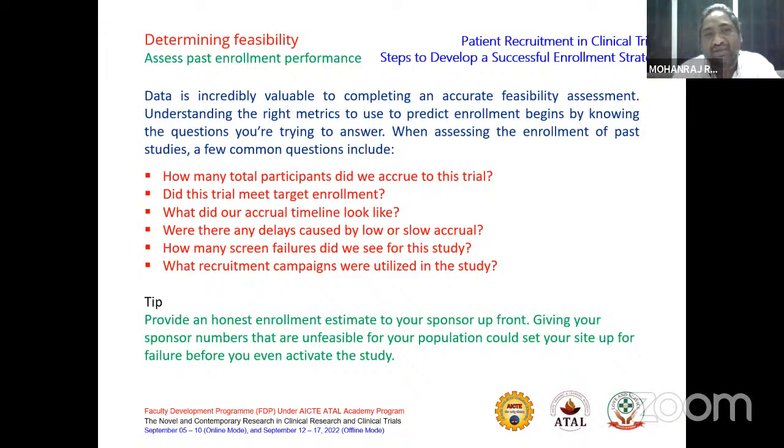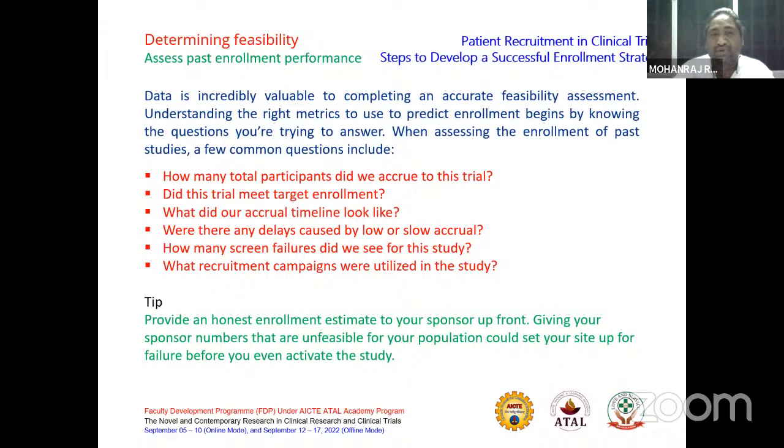On the basis of the monetary aspect, it is a very significant step to assess the past enrollment performance in terms of metrics. And those metrics must answer the following questions: how many total participants benefited in the previous trial, whether the previous trial met the target enrollment or attained the beneficial population, what was the timeline or the duration it took, and if the deadline of the accrual was broken,